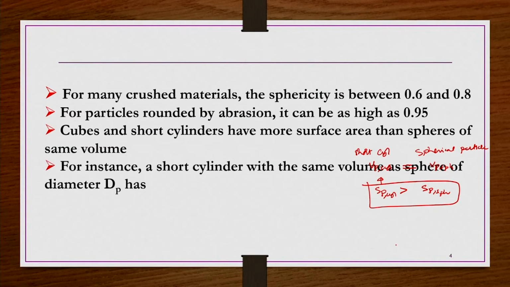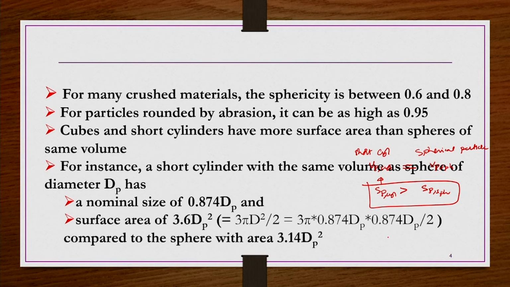Let us say you have a hemisphere particle and a spherical particle, and the volumes of these two particles are equal to each other. Then the surface area of the hemisphere is going to be less than the surface area of the spherical particle, right. That depends on the equivalent diameter, how much it is, okay. That is what we are going to see. So, let us say you have a short cylinder with the same volume as a sphere of diameter dp. Then the nominal size is going to be 0.874 dp, that is, d is going to be 0.874 dp, and 1 by 0.874 is more than 1, that is the reason it is going to have a higher value, right.